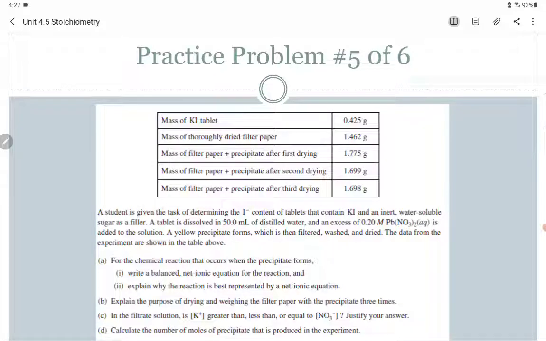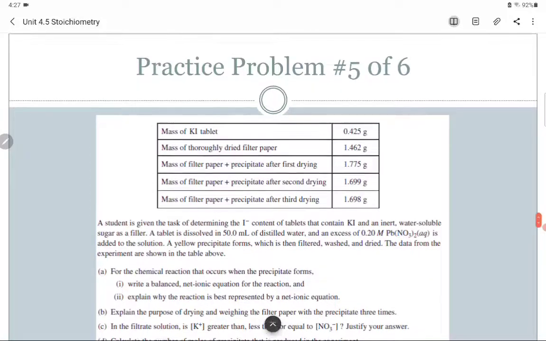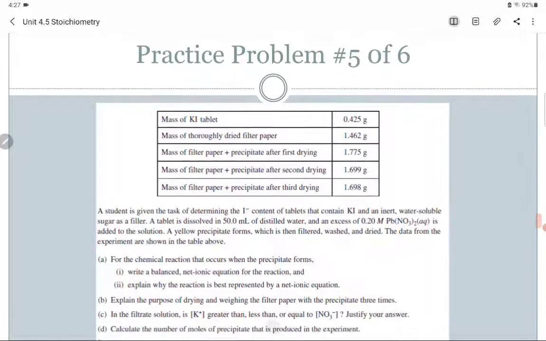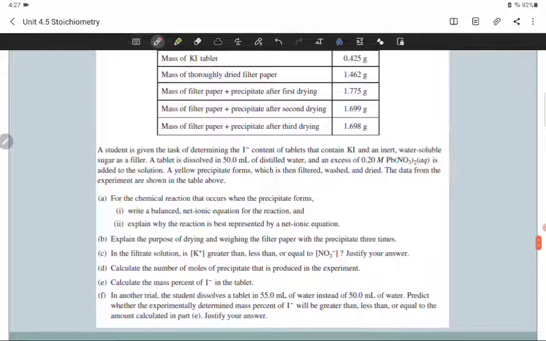A student is given the task of determining how much iodine, I minus, is in a tablet. Okay, so the tablet isn't all potassium iodide. It has to have some kind of material that keeps it all together. There's a little bit of filler, and probably a capsule part of it, but it does have I minus in it. The tablet is dissolved in water,